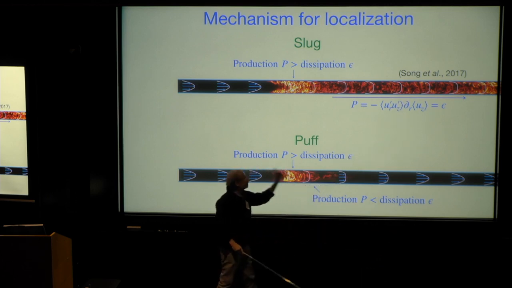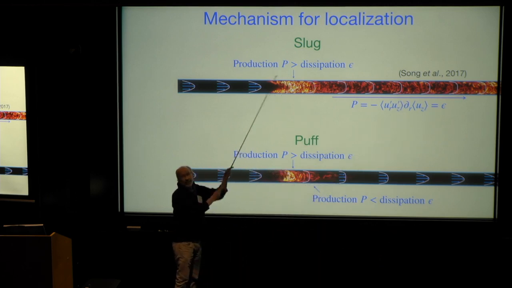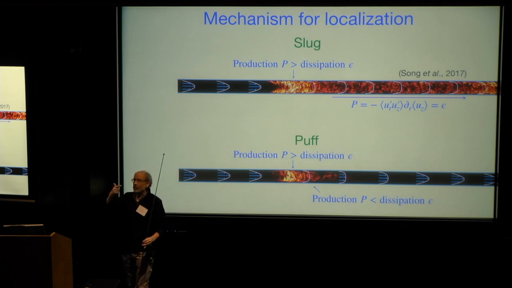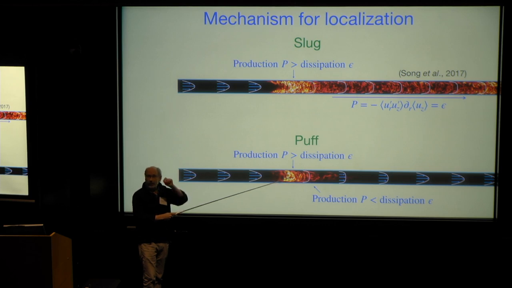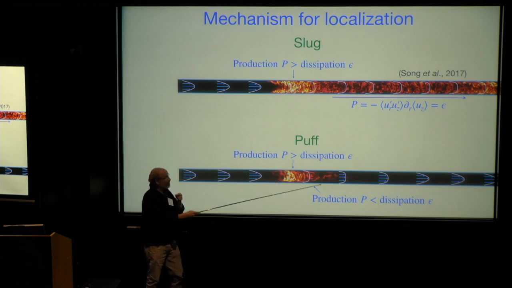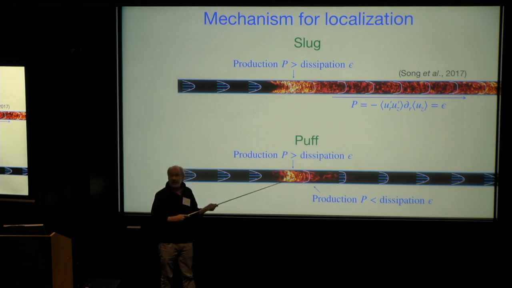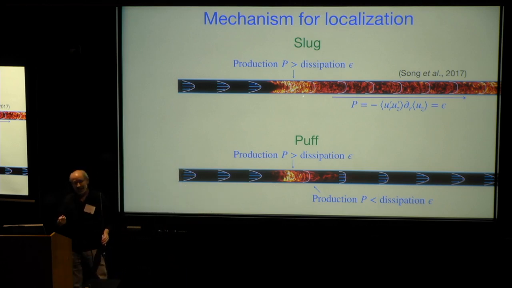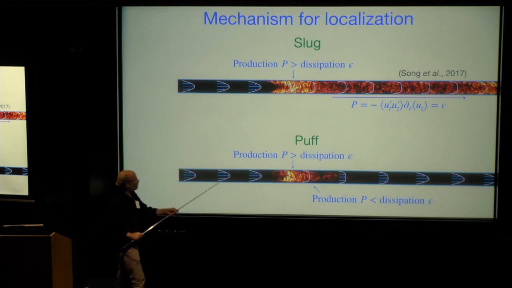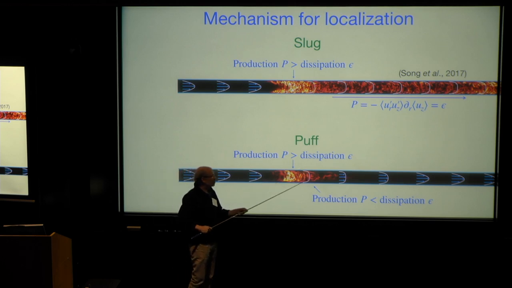It's gone. However, as I told you, we started with a situation in which production was greater than dissipation at this upstream front. You can see it's more intense there, and that survives this transition. So you decrease the Reynolds number, and that will collapse, yet this can remain intact. And that is what happens, and that's what a puff is. Okay, so you have this fuel coming in, it gets burned, it blunts the profile. The turbulence can no longer be sustained in the presence of that blunted profile, so the turbulence decays.